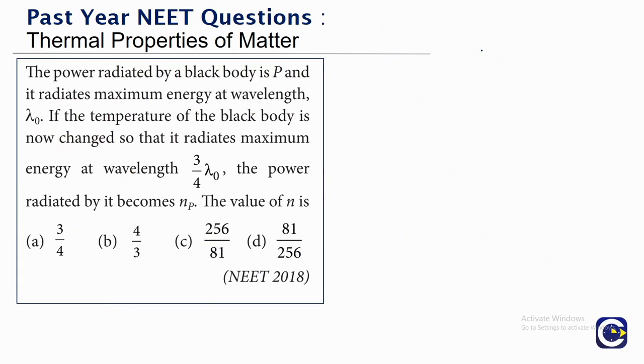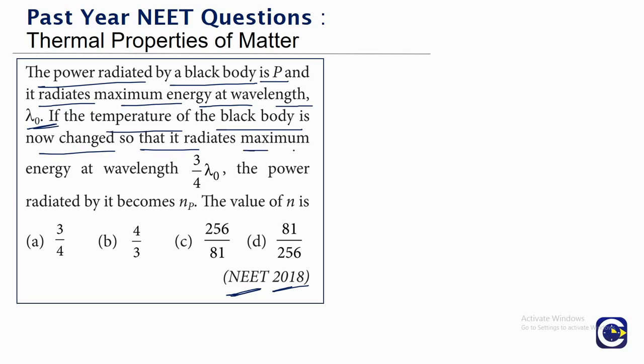Next we have a question. This is like a question where we'll use both Wien's law as well as Stefan's law. This question has come in the year 2018. The power radiated by a black body is P, and it radiates maximum energy at a wavelength lambda naught. Okay, so that is the initial situation. If the temperature of the black body is now changed so that it radiates maximum energy at a wavelength 3 by 4 lambda naught,